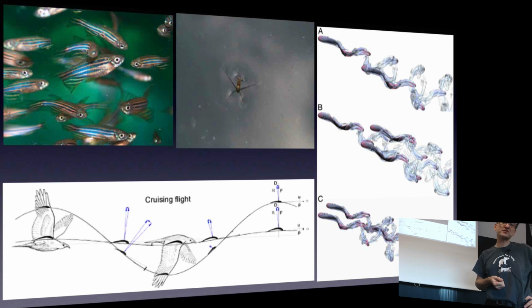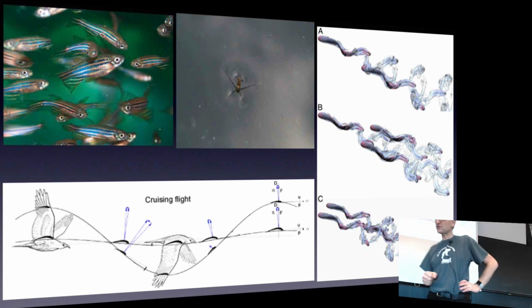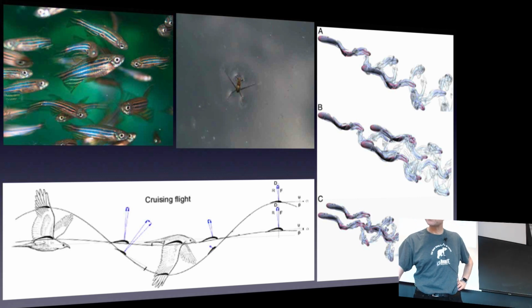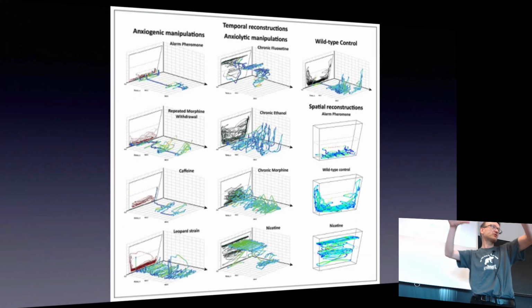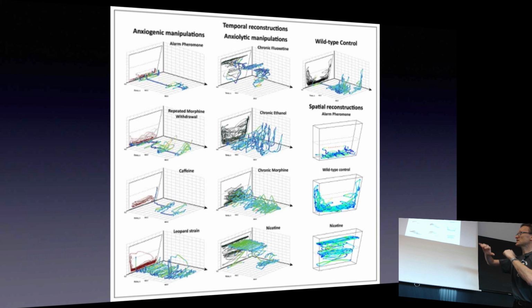Now, the reason why we're starting with zebrafish is there is actually a point to this. It might seem completely pointless to study. Researchers are not necessarily enemies of pointless things. So what you can do, if you have zebrafish in a small aquarium, you can put a camera on top of the aquarium. And as you have this camera, you can start recording the individual zebrafish, and both as a function of time and location in the aquarium, you can then start to plot this in 3 dimensions and see how do the fish swim.